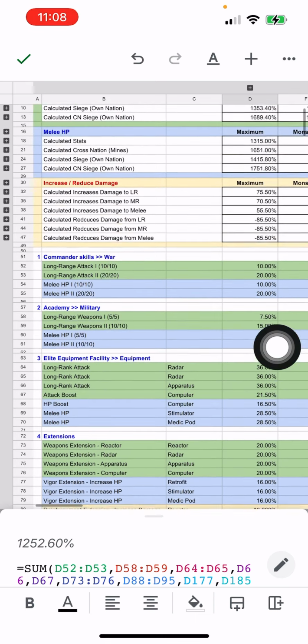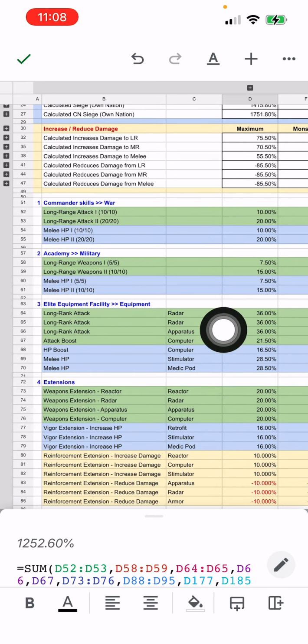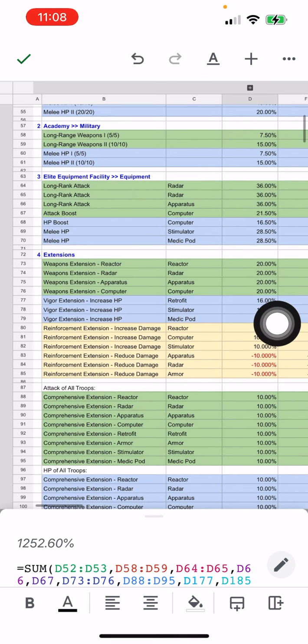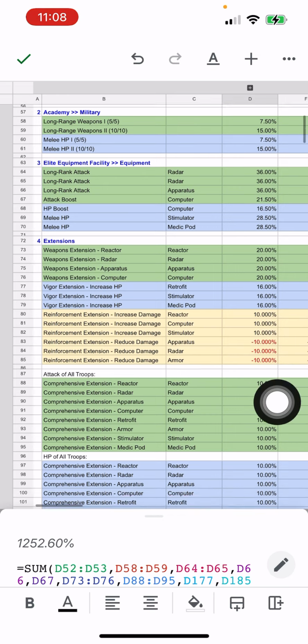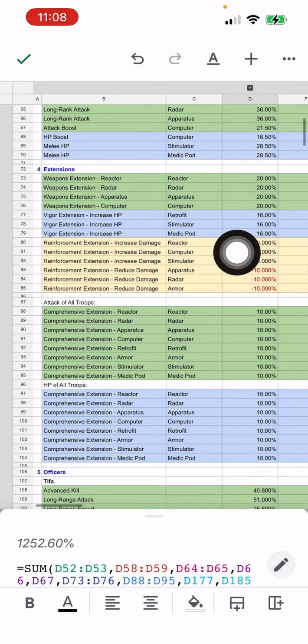And you'll notice the color coding here. The green is going to be all LRA stats. The blue is going to be melee HP. And then the yellow is going to be the damage, increased damage or reduced damage. Those are the multiplicative stats, so very important. Of course, you can get these extensions, the reinforcement extension and the...